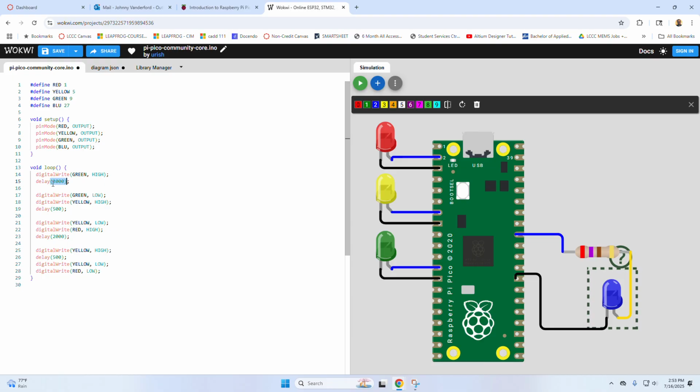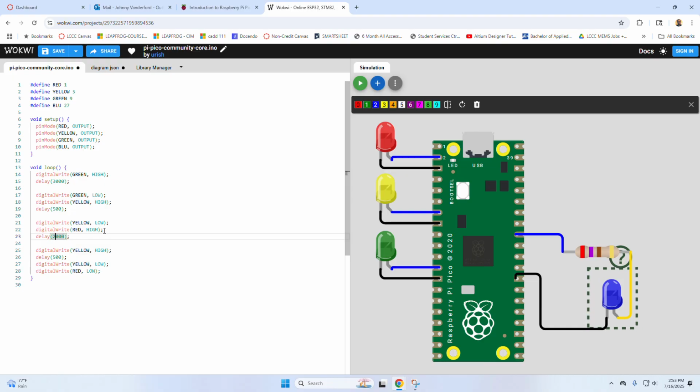Then after 3 seconds, the green goes low, so it's no longer going to have power, and then the yellow one's going to go high for half a second, and then the yellow one after that goes low, the red one goes high for, well, let's just make this guy right here